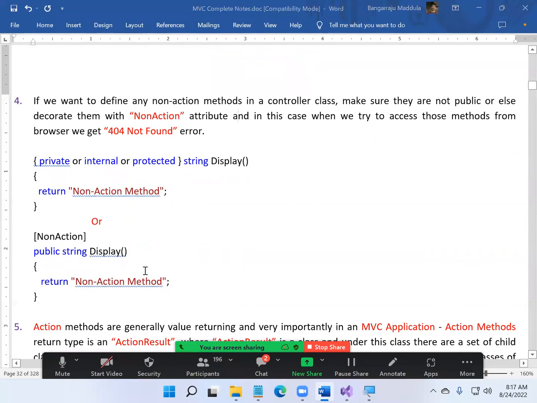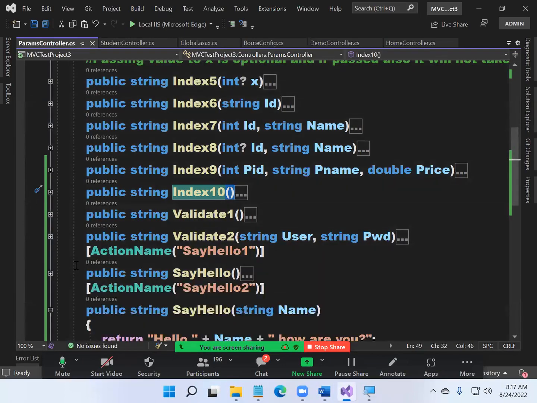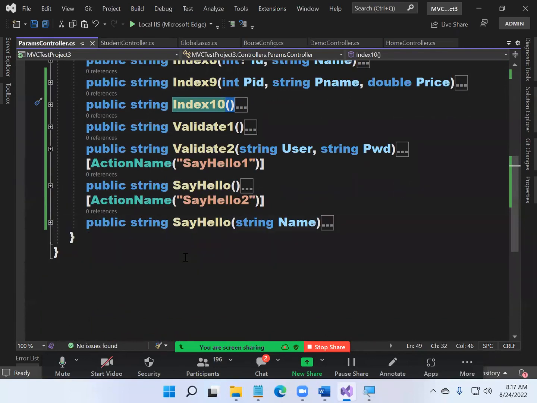I wanted to define some non-action method in a controller to write some logic. Just a normal method. If at all you want to define a non-action method in a controller, change the scope. If you don't write public, all are non-action methods. Suppose, for example,